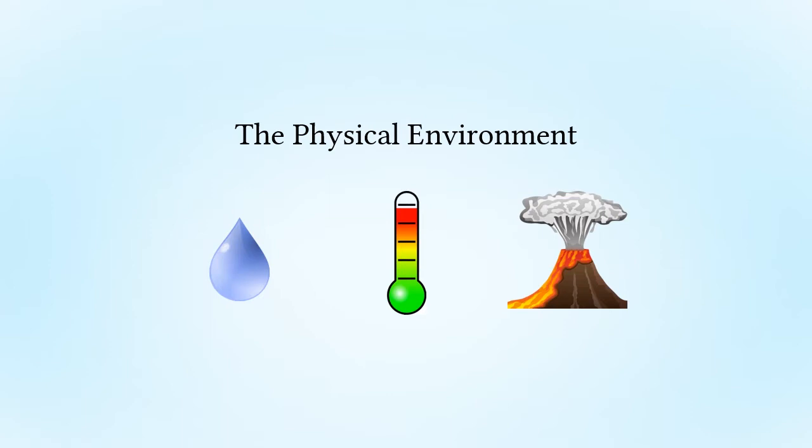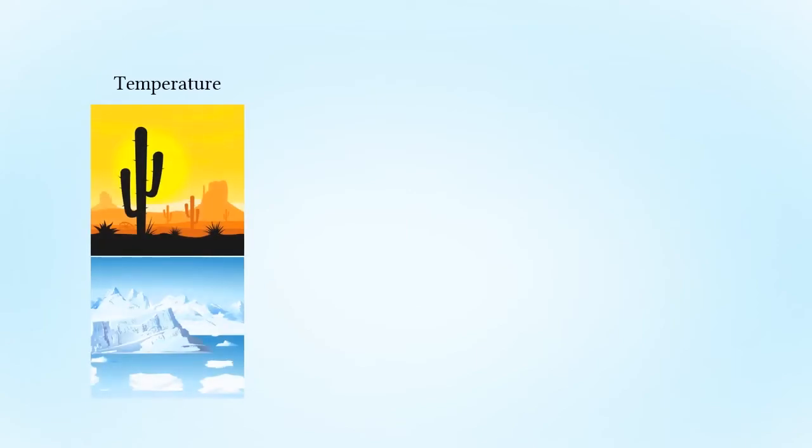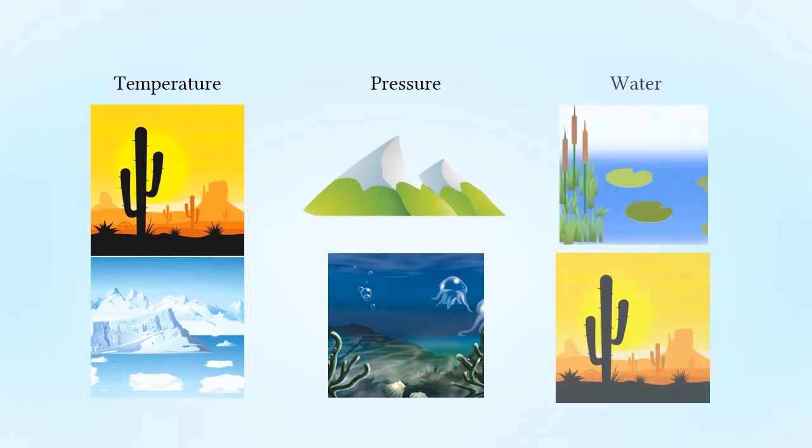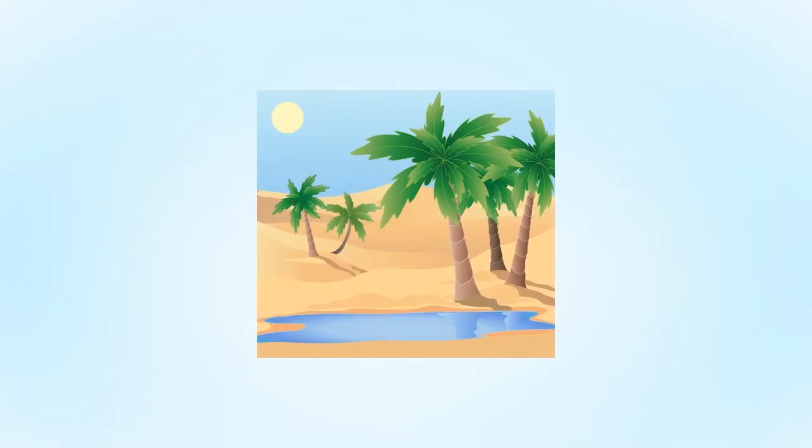You're probably familiar with many of the physical components of certain ecosystems. For example, the temperature in a desert or in the Arctic. How about the pressure felt at the top of a mountain or the pressure felt down at the ocean floor? The water availability in a lake or the water availability in a desert. Now, if you are looking at an oasis in the desert, then the water availability is different than other parts